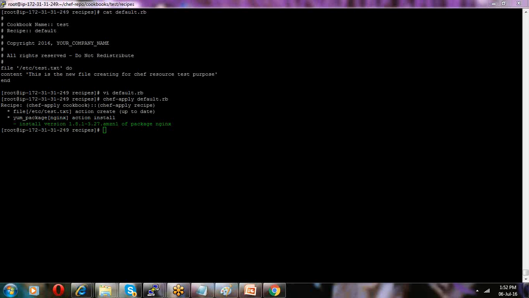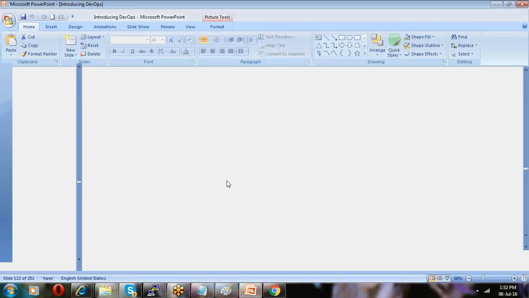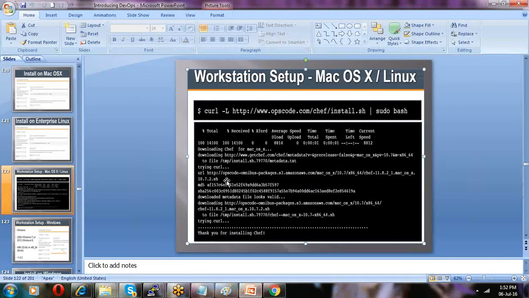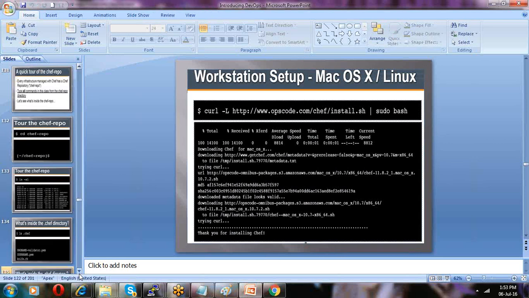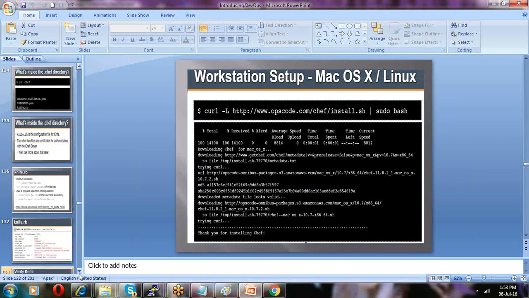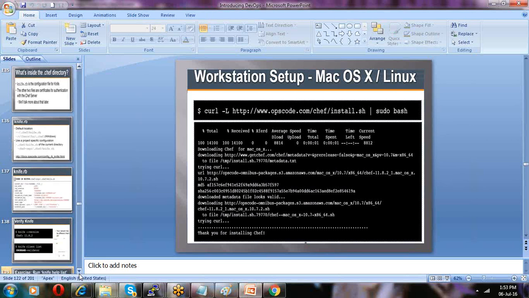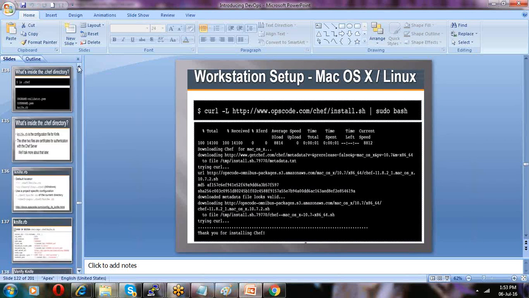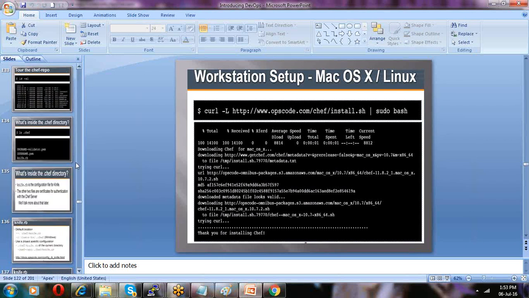Okay, so then somebody asking about the knife command tools, a very simple way of doing things. Knife is basically a command line tool which will help us to interact with the server. Because right now we are working in our workstation. Right now I am working on my laptop, and